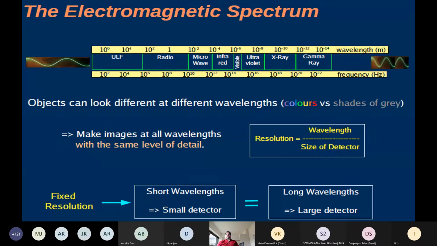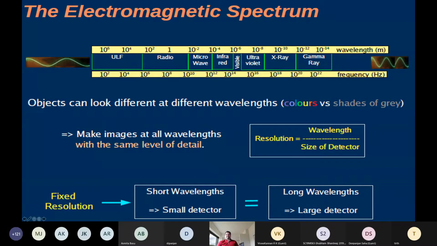Now coming back to that same electromagnetic spectrum diagram, but in a different way. As you're moving from the highest frequency or the lowest wavelength down to the longest wavelength or the lowest frequency, you can observe every part of the spectrum and you can make detectors to look into that particular part of the spectrum. There cannot be a single detector covering the entire set of subbands. So for radio also, you have to make multiple receivers to cover this entire range of wavelengths.